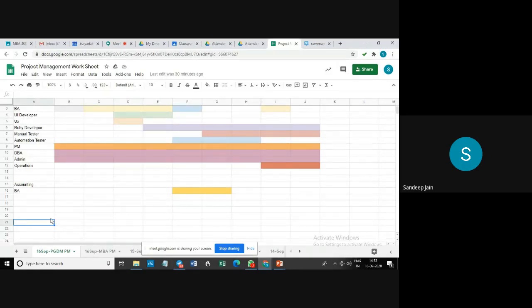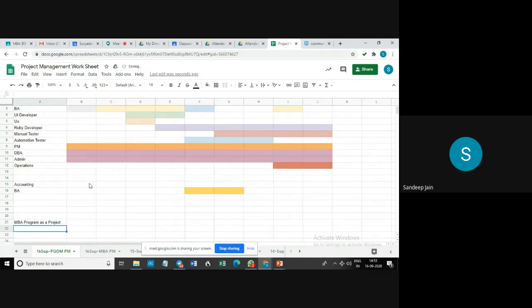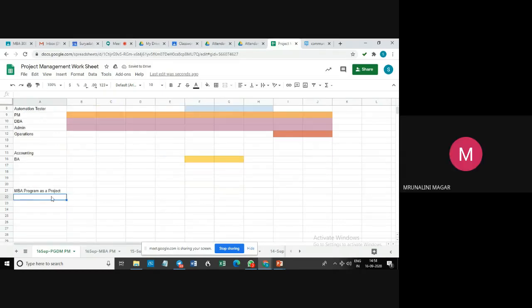So one good example: let us say we are calling the MBA program, or PGDM, a project. Let's visualize this as a project. Who are the stakeholders? Nobody calls it a project, but we can visualize it as one. So, students, faculties,